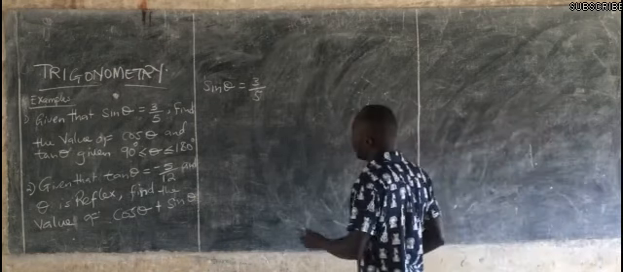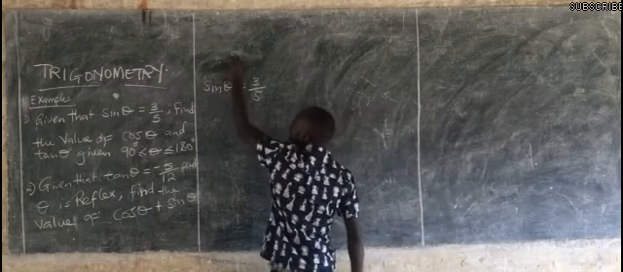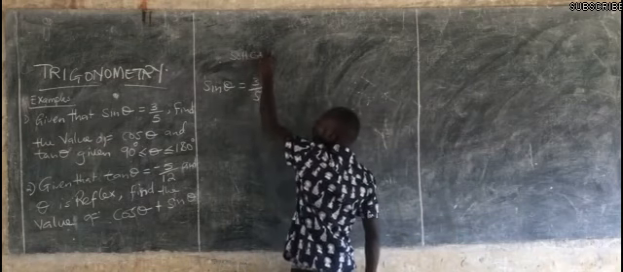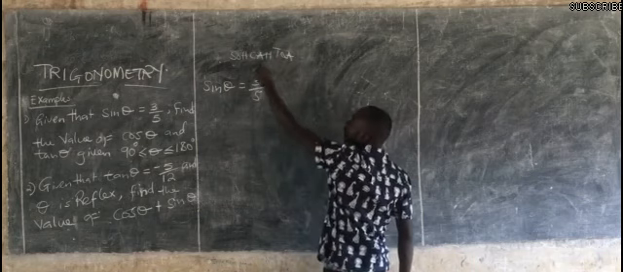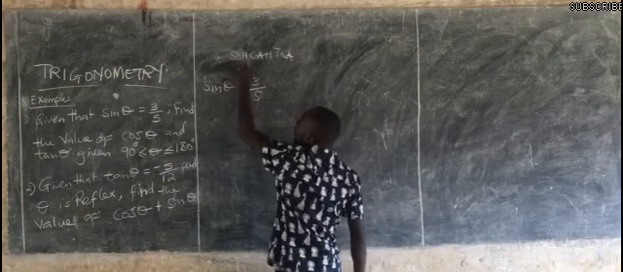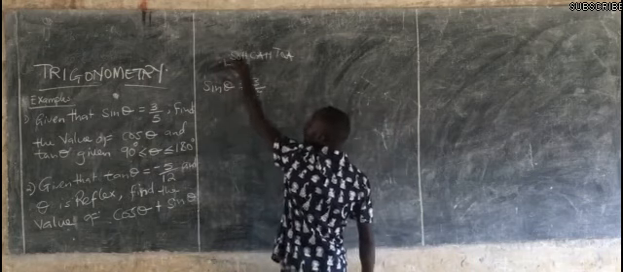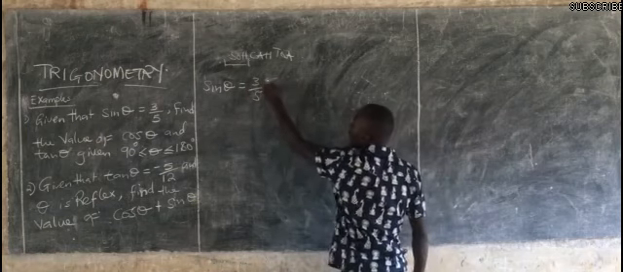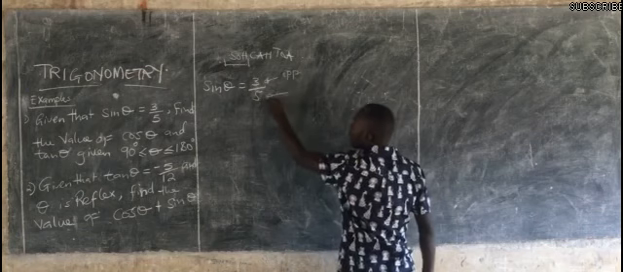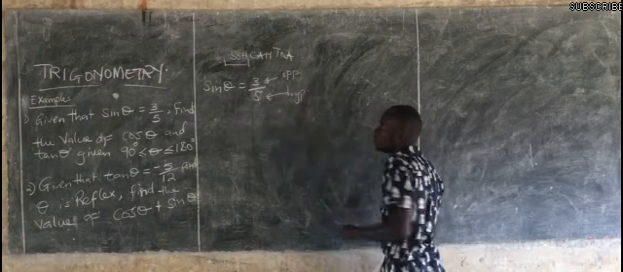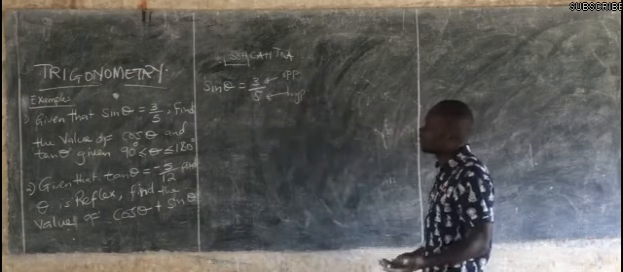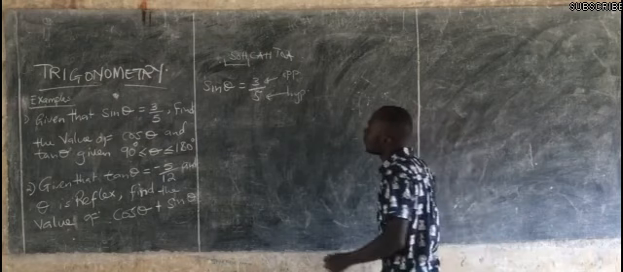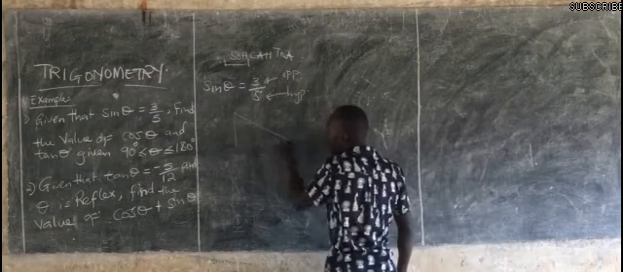But we need to recall that we have our simple formula, SOH CAH TOA, given as sine of an angle theta is opposite over hypotenuse. So this is our opposite, and this is our hypotenuse. So we can now look at that as a simple way of understanding that if this was a right angle triangle,